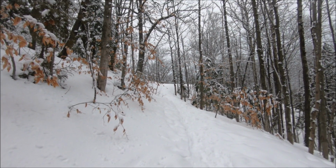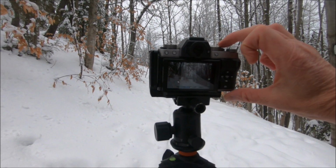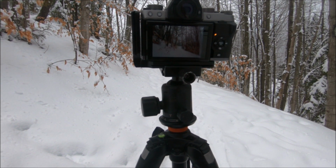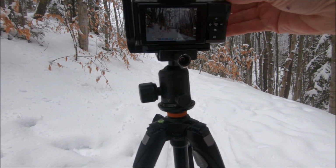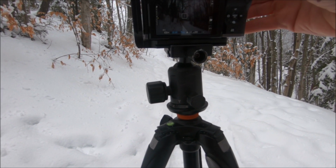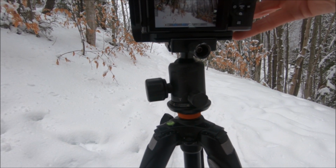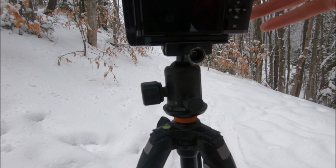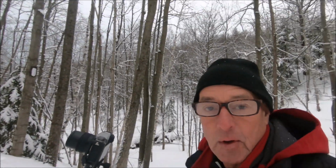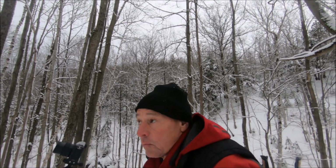So once again, we've just turned around 180 degrees, looking now in the totally opposite direction than we were just a moment before. One single shot. Again, 1 shot, we'll go 1 stop under, maybe 1 1/3 stop under. We'll go to about 1 stop, maybe 1 1/3 stop over. Again, 3 shots. 1 again at what my camera tells me is correctly exposed. About 1 1/3 stop over and 1 1/3 stop under. Fumbling with the camera, as always,